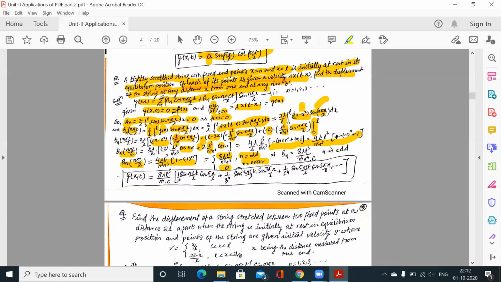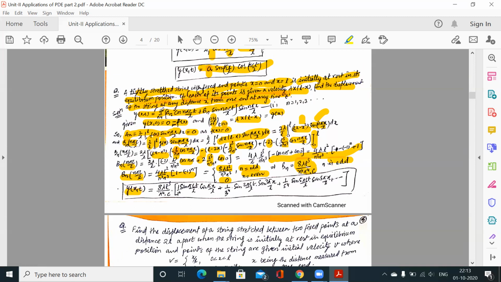सो बी एन की वैल्यू हमें क्या मिलेगी, बी एन इज इक्वल टू दिस व्हेन एन इज ऑड, इवन के केस में तो बी एन जीरो ही हो जाएगा। सो बी एन की वैल्यू क्या मिलेगी, ये वैल्यू और डिनोमीटर में चली जाएगी, यानी ये सॉल्व होके मिलेगा 8 लैम्डा एल क्यूब बाय एन 4 पाई 4 सी व्हेन एन इज ऑड। सो टोटल सॉल्यूशन क्या होगा, ए एन तो सारे जीरो हो गए, केवल बी एन है, और बी एन सारे ऑड एग्जिस्ट कर रहे हैं। तो सभी में 8 लैम्डा एल क्यूब बाय पाई 4 सी, ये तो कॉमन है, केवल वन ओवर एन 4 है, तो एक बार आ जाएगा 1 ओवर 1 टू द पावर 4 odd because n is odd, so second term क्या होगी 1 over 3 to the power 4, next 1 over 5 to the power 4, next 1 over 7 to the power 4, so this is our solution।